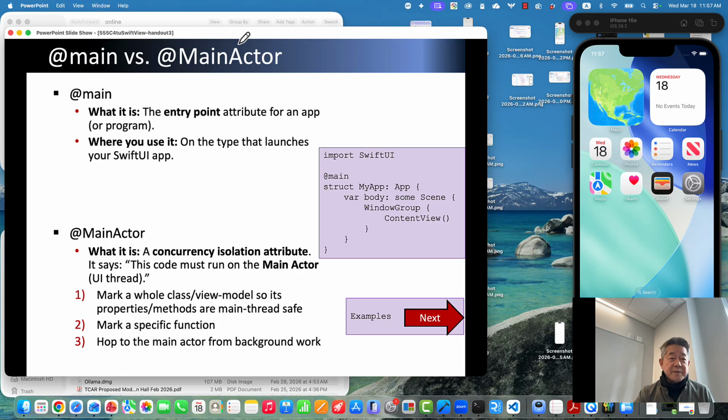All right, so let me start with some of the comparison from last class. We looked at main actor. We already know main, right? They are not really related. Main and main actor, those two descriptions are completely different. So with main, we know that is the entry point of your app, right? So we looked at, for example,